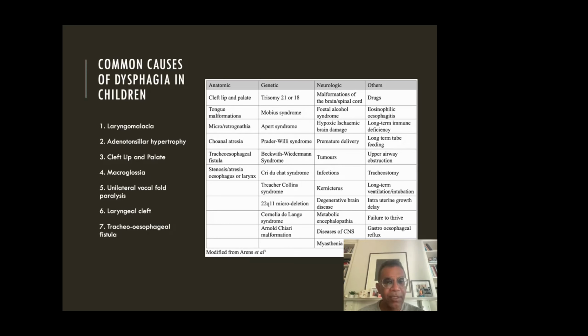Some of the less common lesions that cause dysphagia in children are listed adjacent. Patients with, for example, CHARGE syndrome often present with dysphagia and chronic aspiration. Those with esophageal disease, such as eosinophilic esophagitis, may present with dysphagia, especially to boluses, reflux disease, and so on. The topic is wide. I'm going to focus today more on one problem that I find especially challenging, and that is the management of salivary aspiration and sialorrhea.